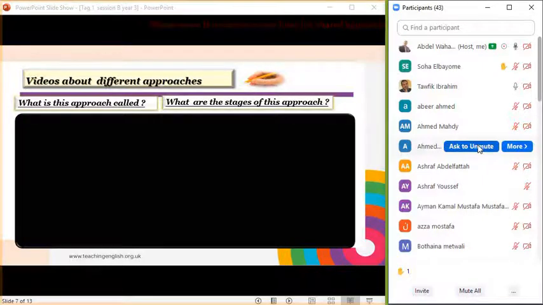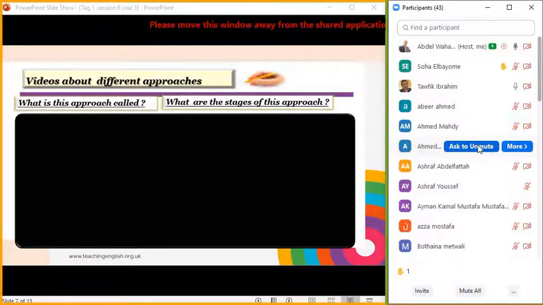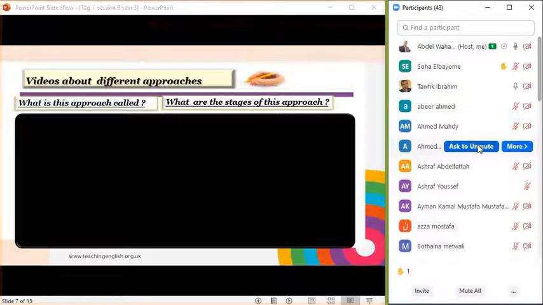We have some steps. We start with lead in. She gives them a video or a picture and asks them to understand the target of this video. This is the main idea we are going to talk about. After that, she gives them exercises to check their understanding. The last one, she teaches them how to solve their problems. She touches on some problems and tries to solve them and gives them another practice, controlled practice at first, and the second free practice to give them a chance to express themselves and talk about themselves.